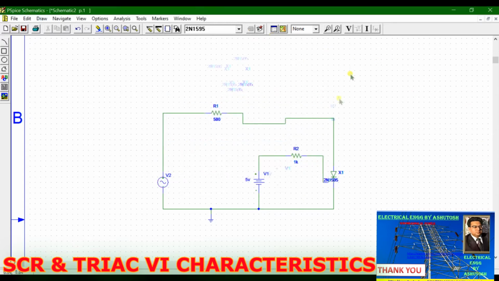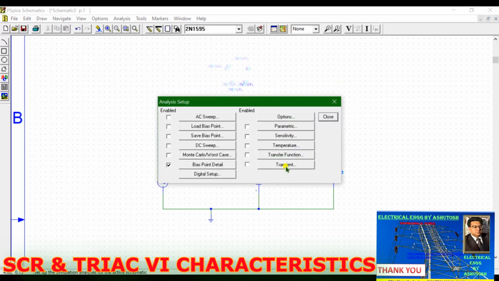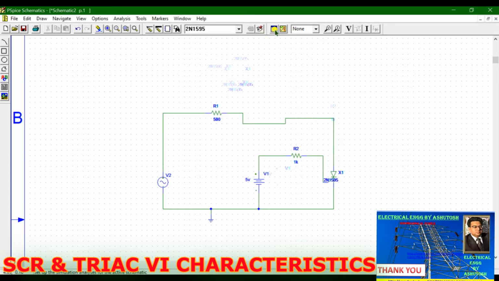Okay guys, so this is our circuit, and this is our setup analysis. Go to setup analysis by clicking over here. This part is setup analysis and this part is simulate.